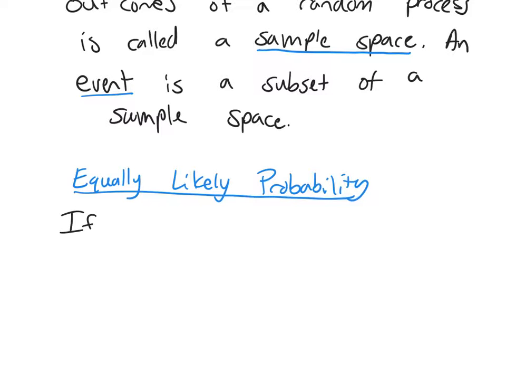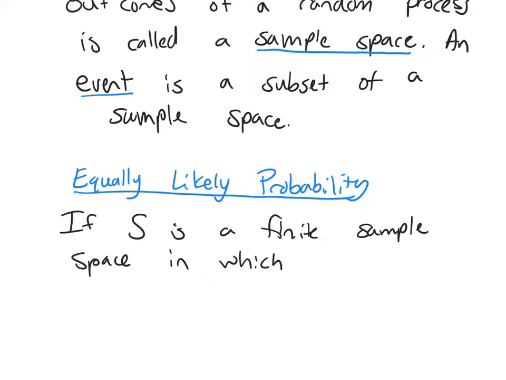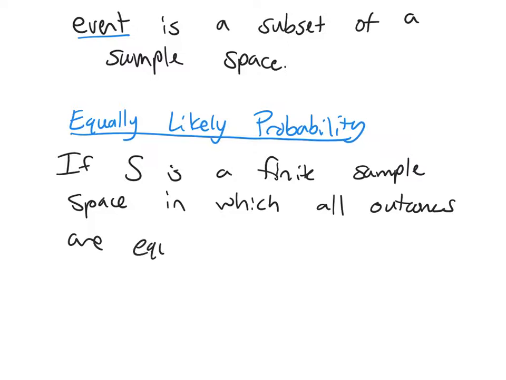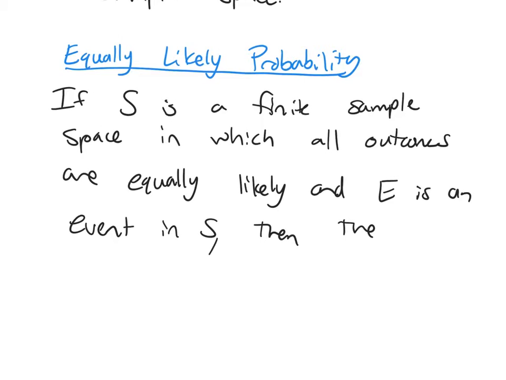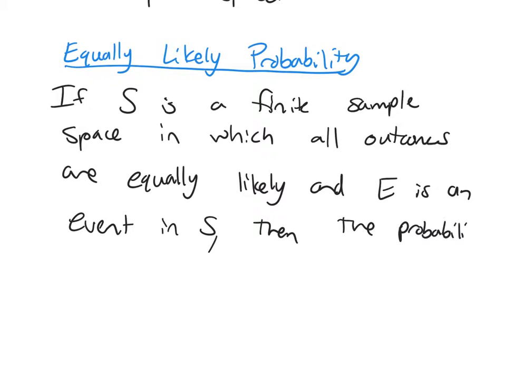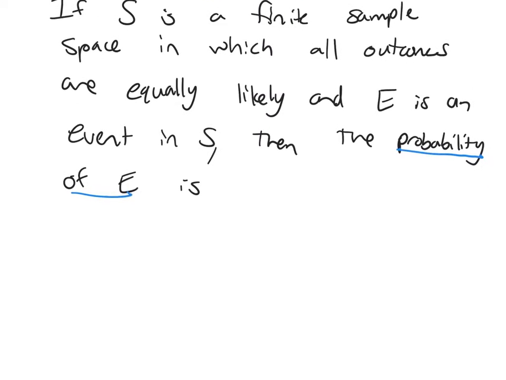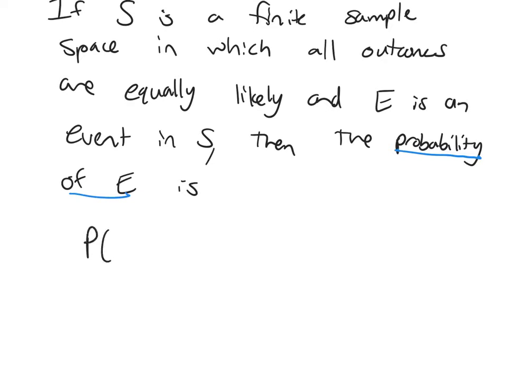So if we have S is a finite sample space, in which all outcomes are equally likely, and E is an event in S, then the probability of E is defined to be, I'm going to call it P of E,